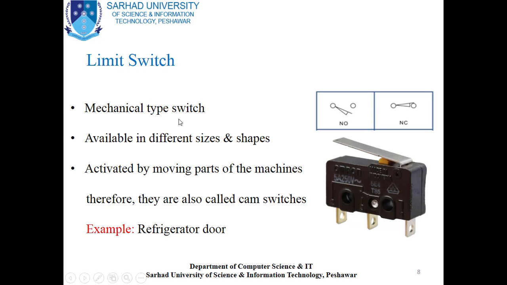Limit switch is a mechanical type switch. Here you can see the limit switch. In the upper side, you can see the schematic diagram of limit switch.